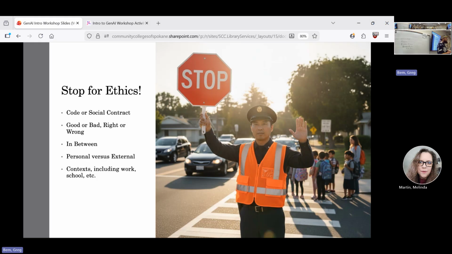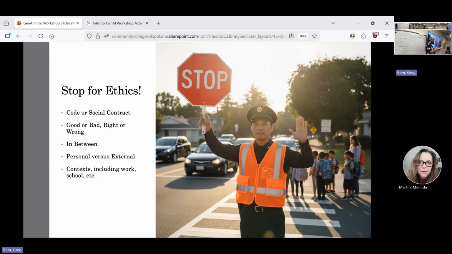Often we're landing somewhere in between right and wrong. And we have to balance our own sense of right and wrong, good and bad, with other structures in place. That can include your employer, your school, your teacher, your librarian, your family members, your friend group, your church or social organization.